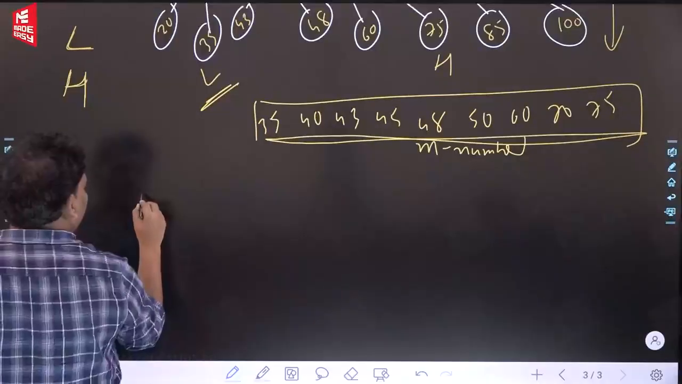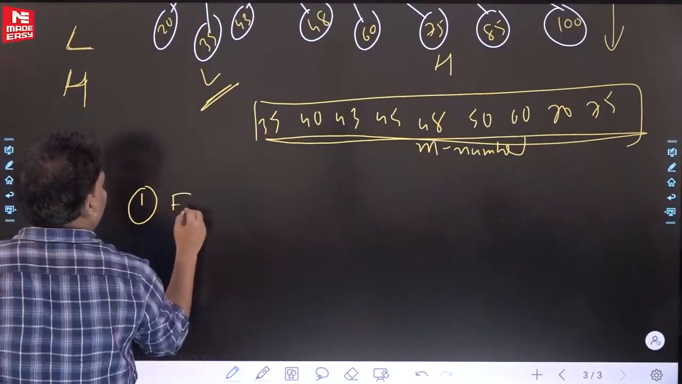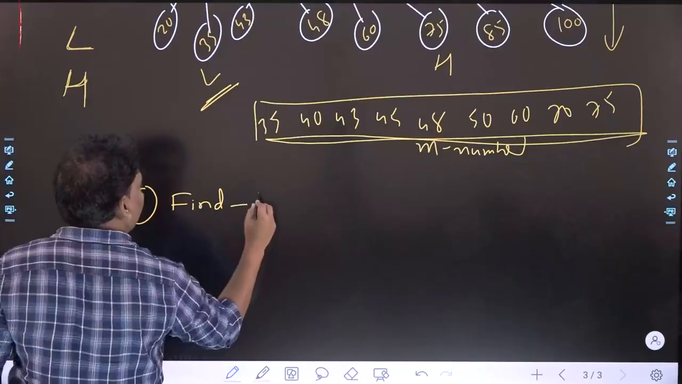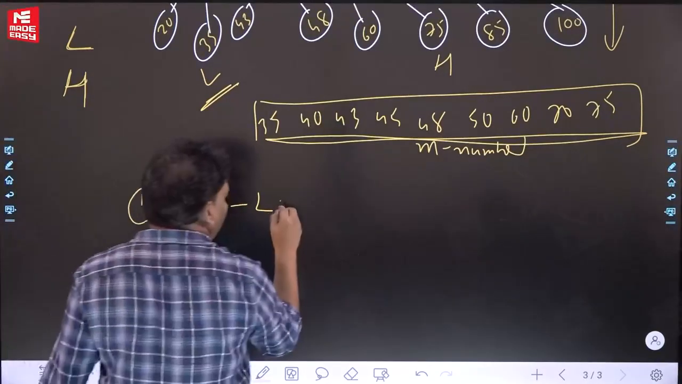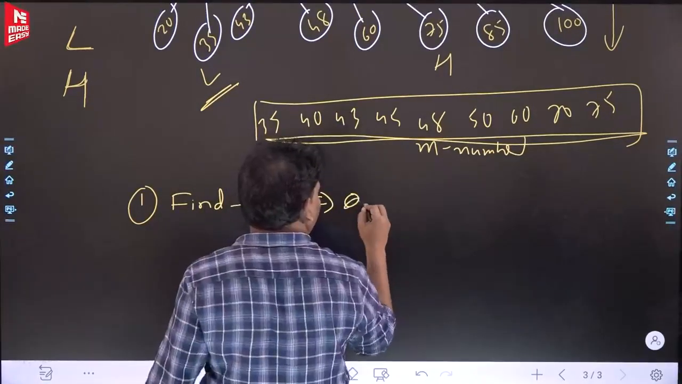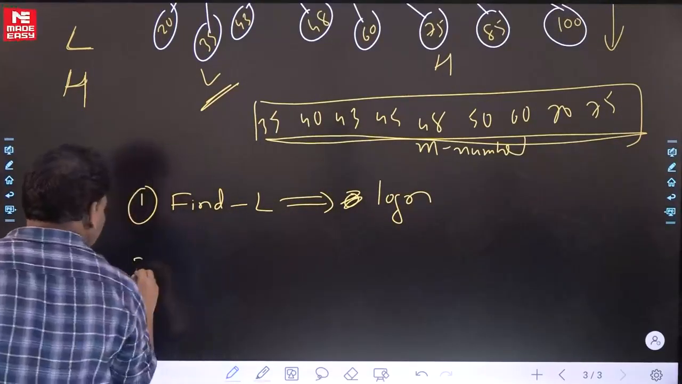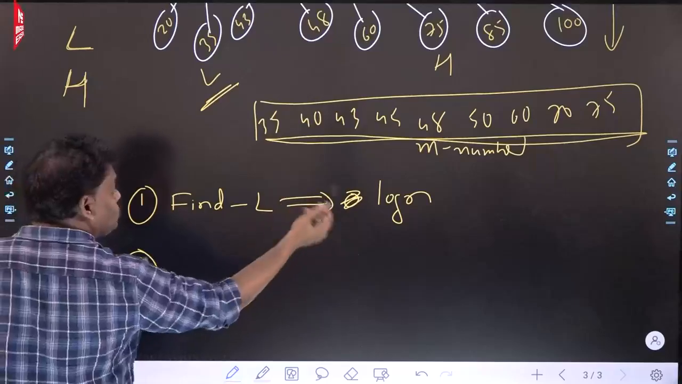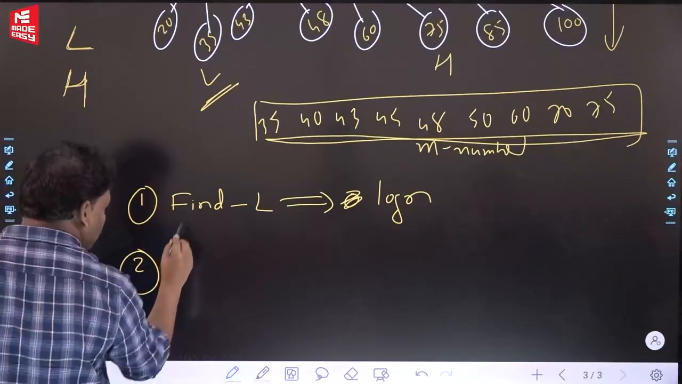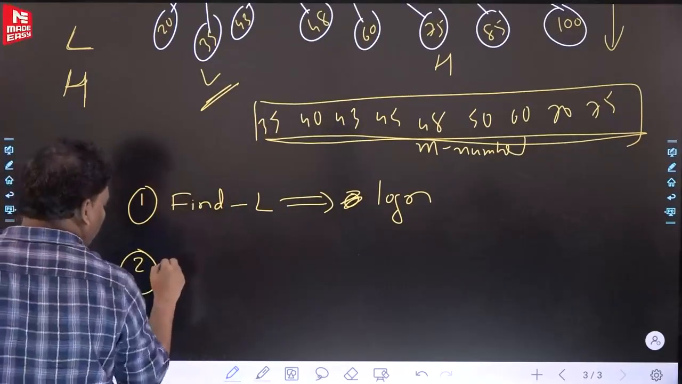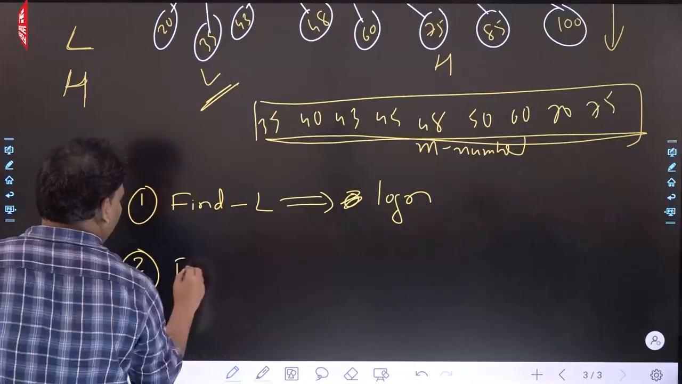First find L. This is the algorithm. See, first step, find L in the AVL tree. Finding L will take how much time? Maximum log n time. That is the first step. After finding L is over, the second step is going to be from there, from L,